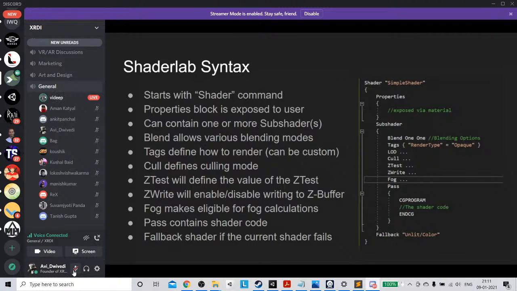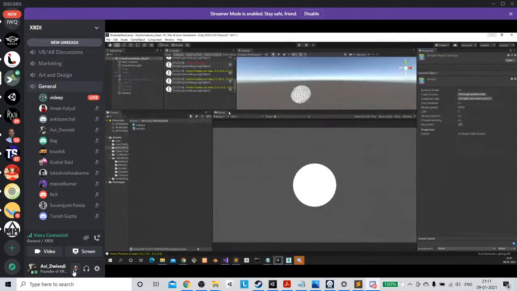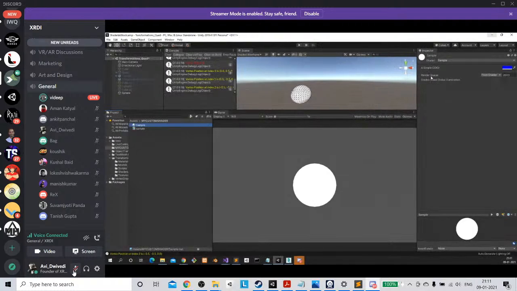So you have a render type and you have a render queue. These two are important things. You have to write them in tags so that it is understood by the compiler. Okay, blending we will come back to, but you don't need to write anything right now. Any of these things you can just quickly skip, because when Unity compiles, it falls back on a